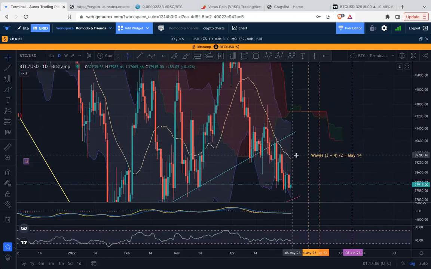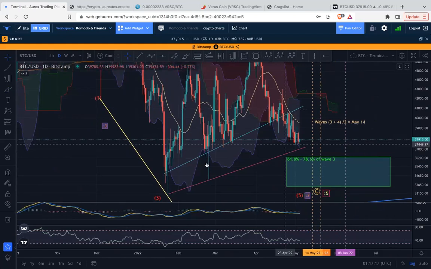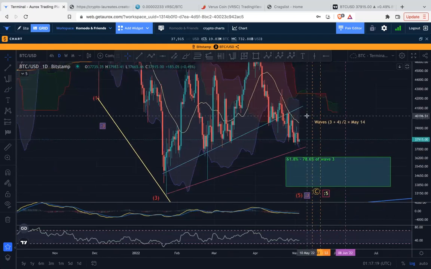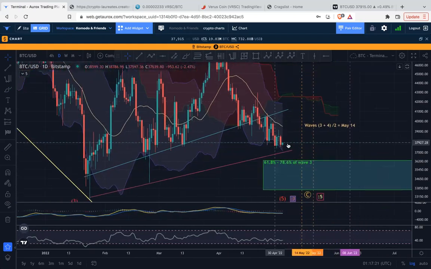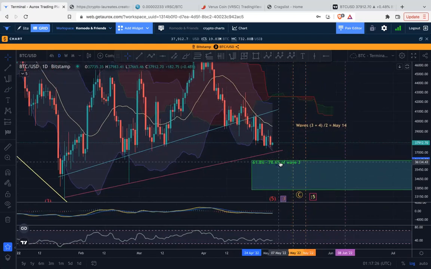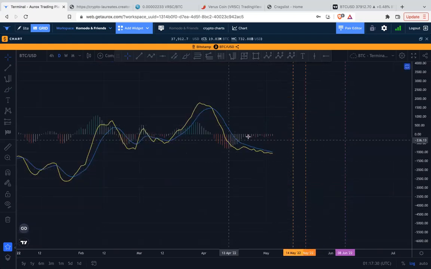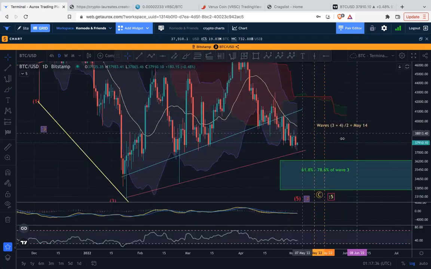But the thing is, then you're going above the 20-day. So if you're going above the 20-day, I imagine you're probably going to come and touch around this upward trending line. So that's the possibility. This is the idea of if we're going to just pop higher, maybe blow off a little steam to the upside. Because when we look at the daily, we're really narrowing. It's going to be volatile one way or the other. But we're looking for potential upside.